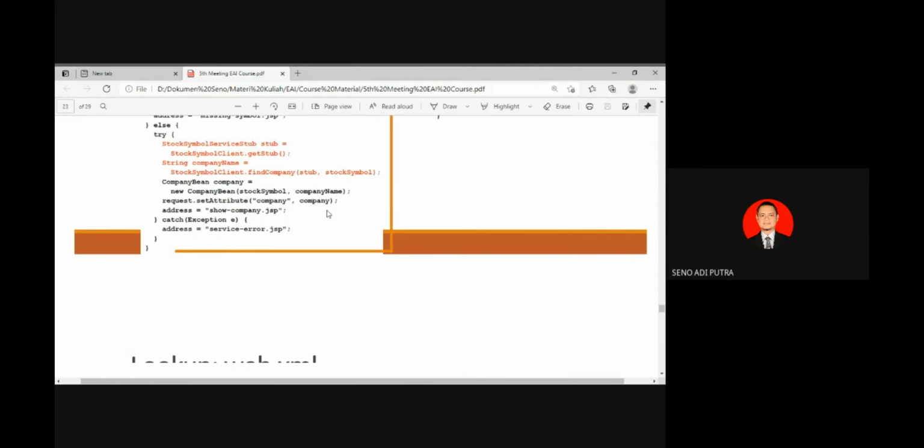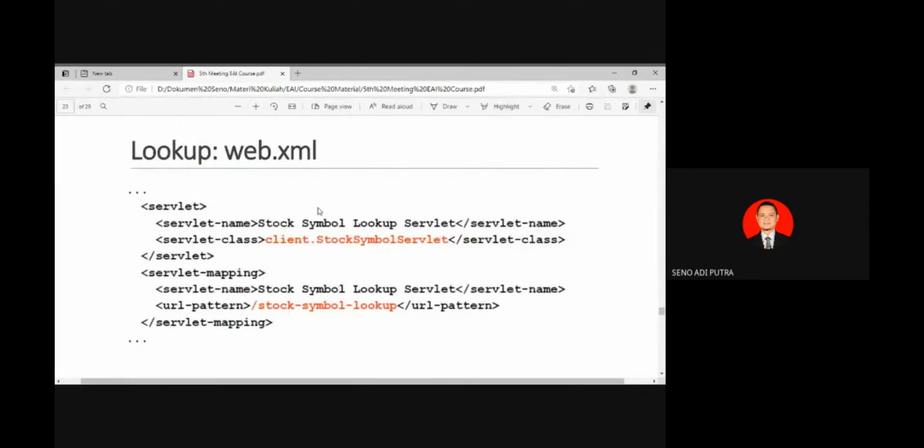And of course, the important thing that you have to configure in your dynamic web project is web.xml. Where is web.xml? It is put in the WEB-INF folder under the web content folder. You have to add this statement in your web.xml file: servlet, with the fully qualified class name of your servlet, and then map it to the name you desire.